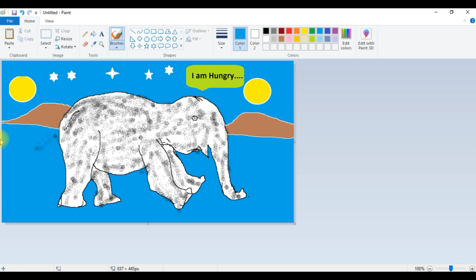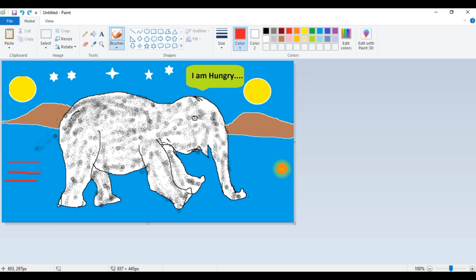Apart from that, we have some tools where you can change the color. This one is like a pen, and this is the dotted lines, and lots of tools are there, you can utilize those.